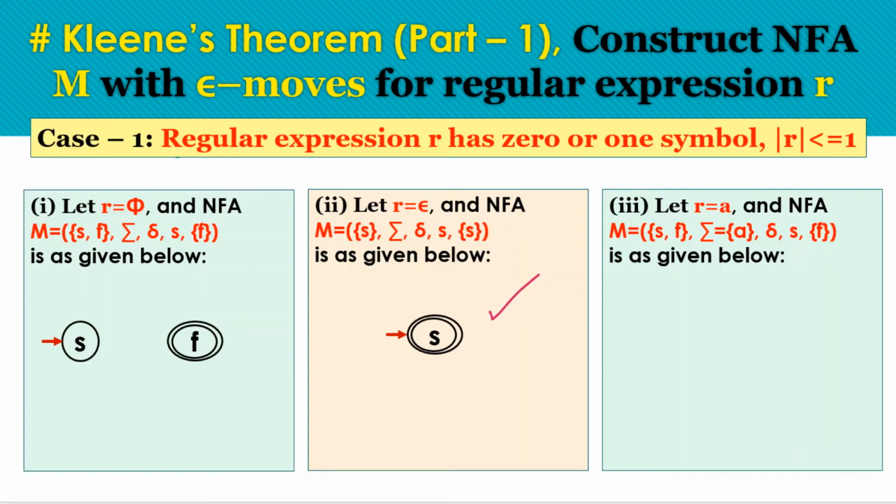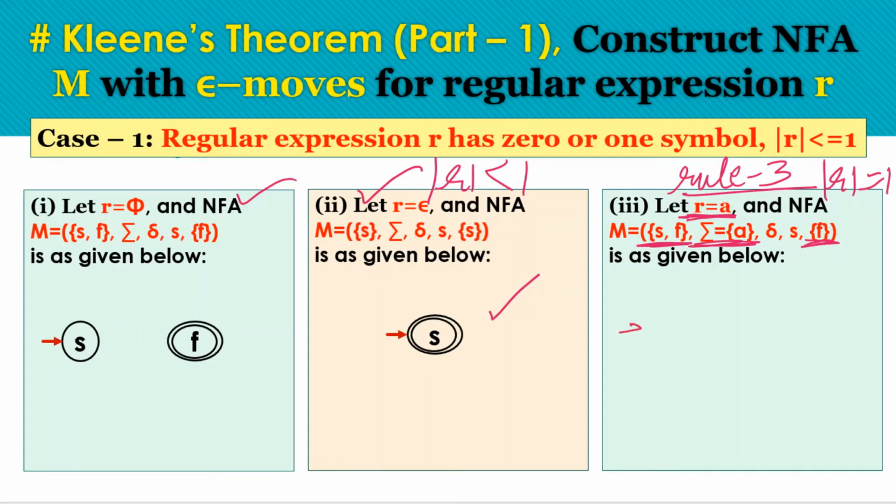Next we have the third case, rule number 3 under case 1. If we have only one input symbol, meaning the input is of exactly one length. The earlier cases were for a regular expression of length less than 1, and now we have the case where the regular expression is of exactly one length. So we have a machine with two states, the initial state and the final state F, with input symbol A only. Being on the initial state we cannot reach the final state until we receive the input symbol A. So this is the NFA corresponding to this regular expression.